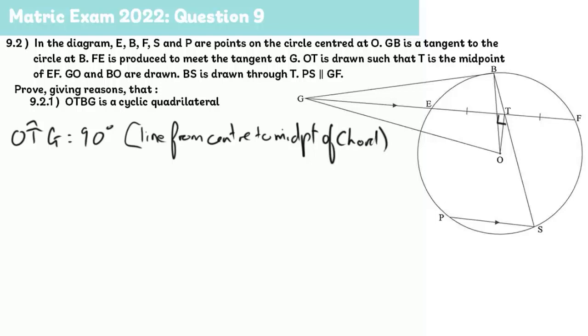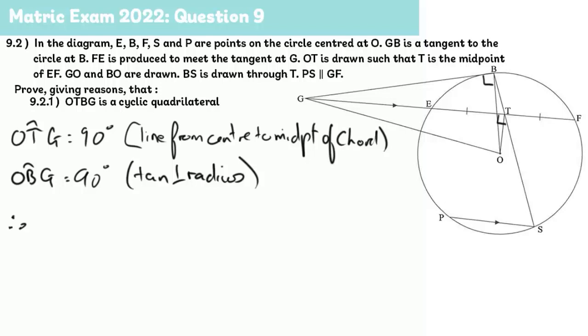The next thing we should know is that OBG is also equal to 90 degrees. OBG, which is this angle here. Why is that? It's tangent perpendicular to radius, and that's something we would have learned in axiom 7. Okay, so if that is the case,